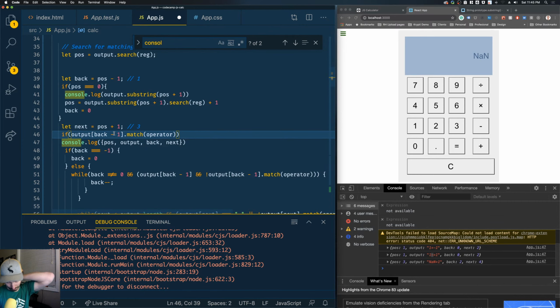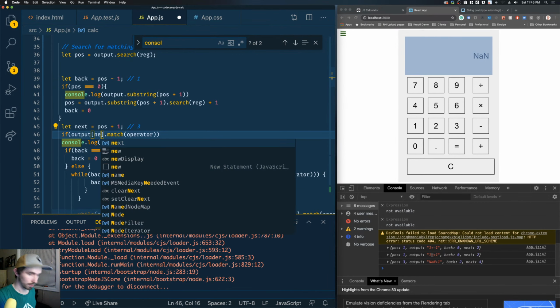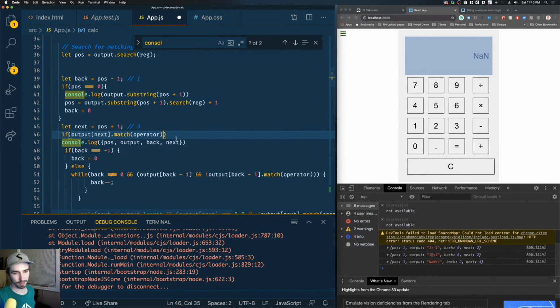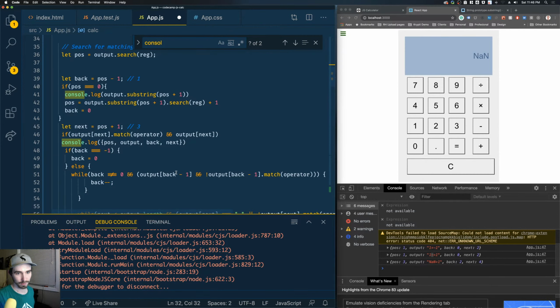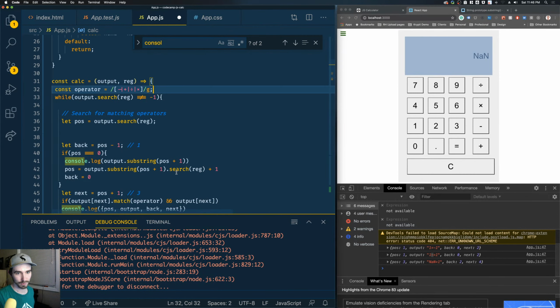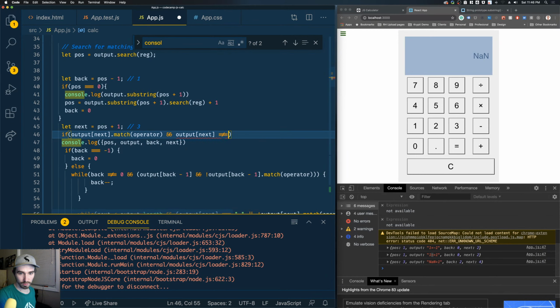So if the next number output next dot matches an operator and output next does not equal, should I just have another regex for non-negative operators? Thinking about it, but maybe not. Output next does not equal